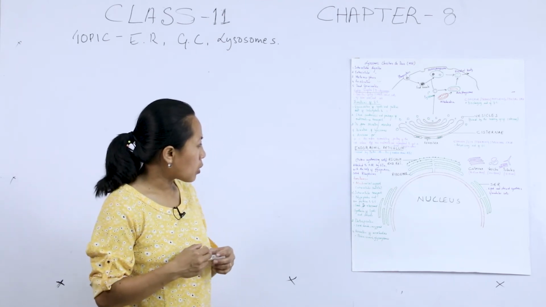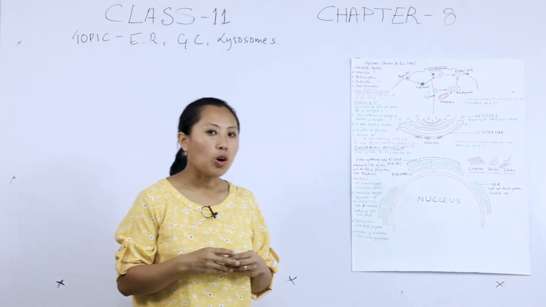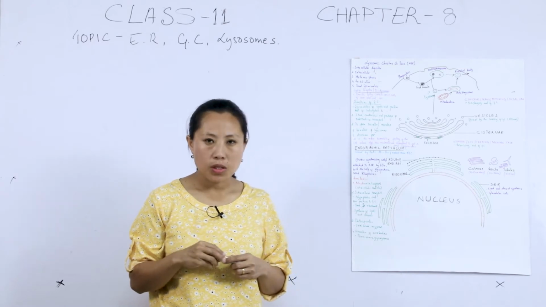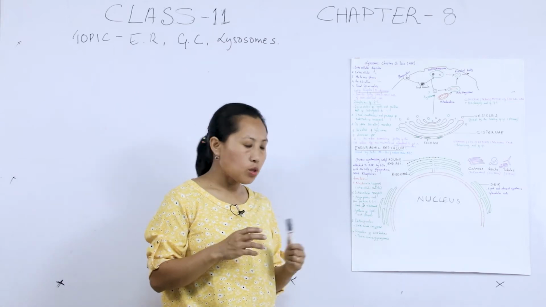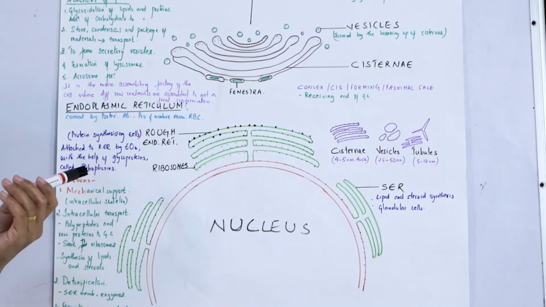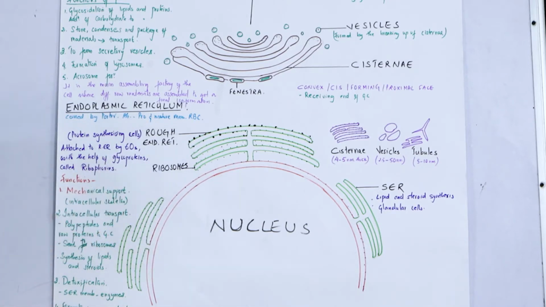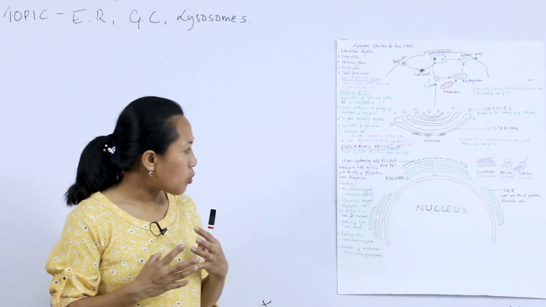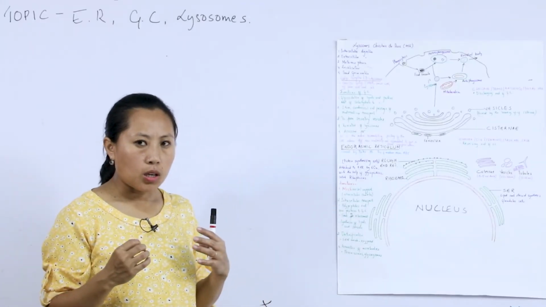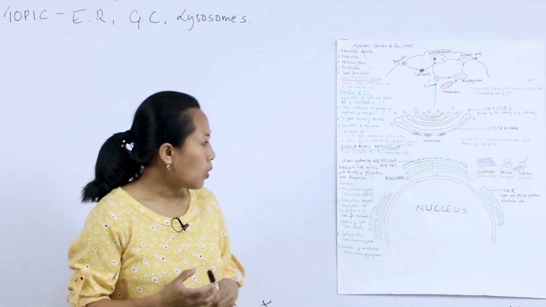So the endoplasmic reticulum is of two types: rough endoplasmic reticulum and smooth endoplasmic reticulum, on the basis of the presence or absence of ribosomes on its surface. When ribosomes are present on the surface, that type is known as rough endoplasmic reticulum, and those which are devoid of ribosomes are known as smooth endoplasmic reticulum. Usually the rough endoplasmic reticulum is found attached to the nuclear envelope, while the smooth endoplasmic reticulum is found towards the periphery of the